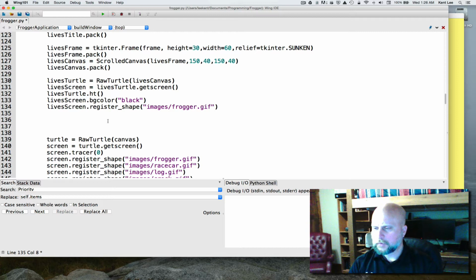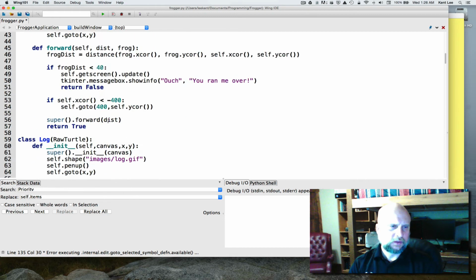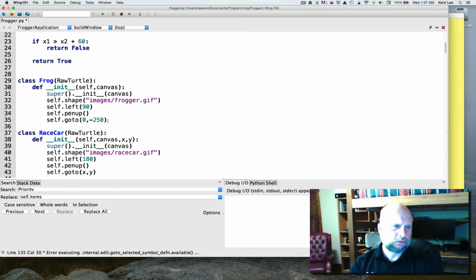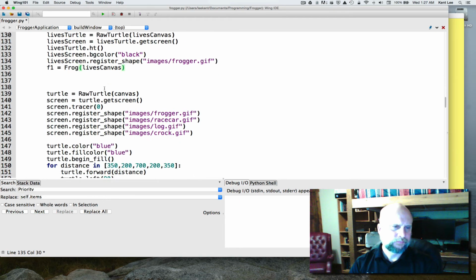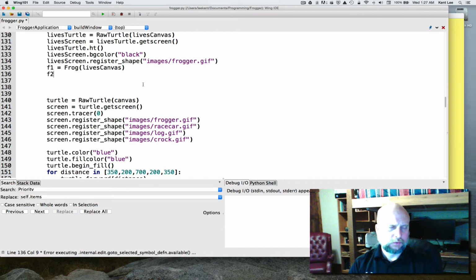So I'm going to do an F1 for the first frog, and that's going to be equal to frog, and then we have to provide the canvas to it. In this case it's going to be the lives canvas. I think that's the only argument that we have to provide to the frog is just the canvas. That's correct. Okay, and then we'll do